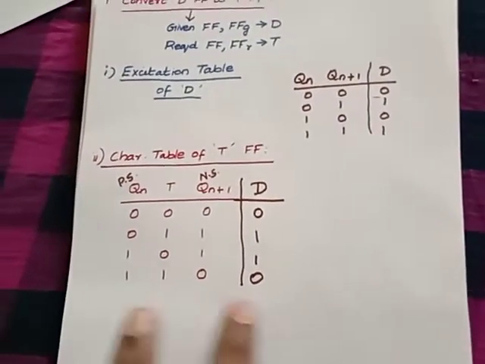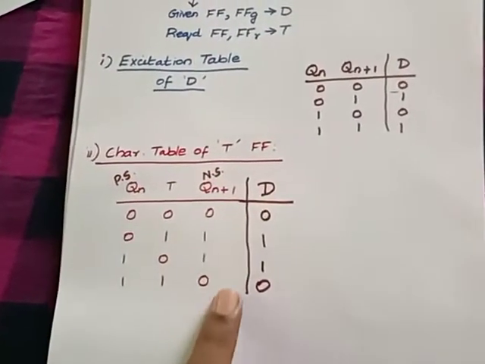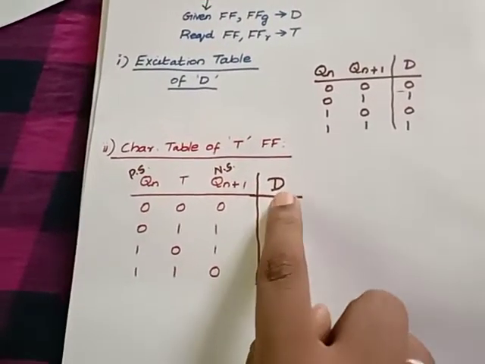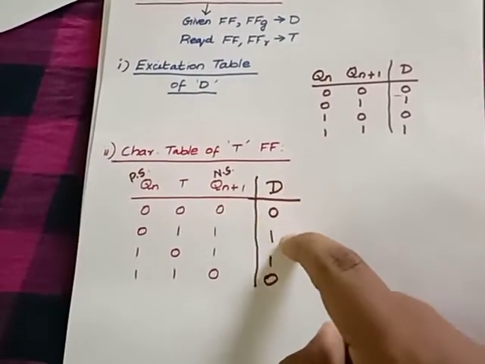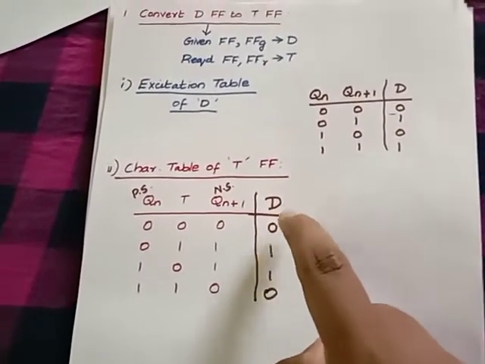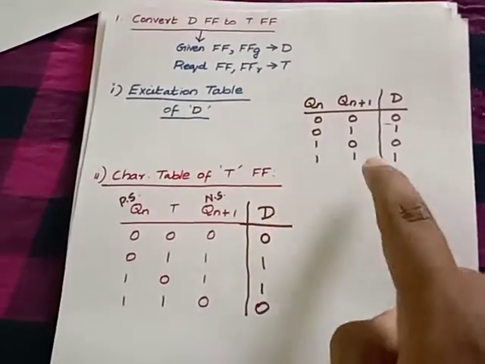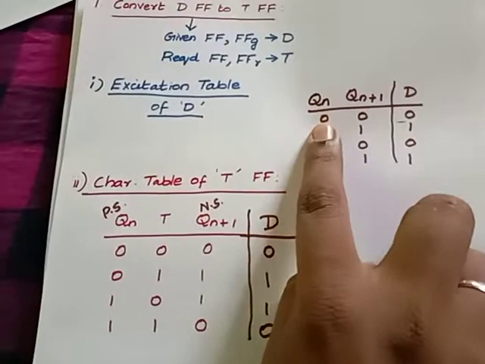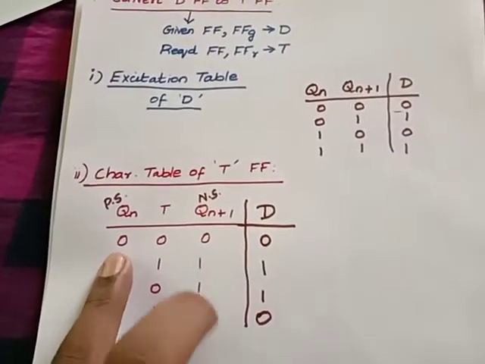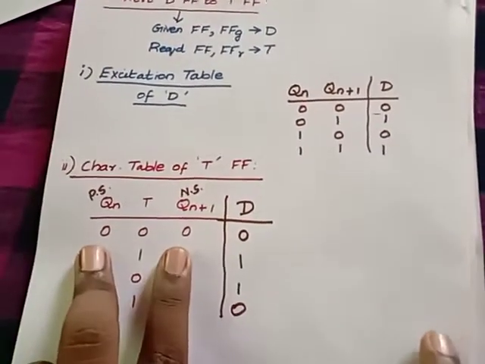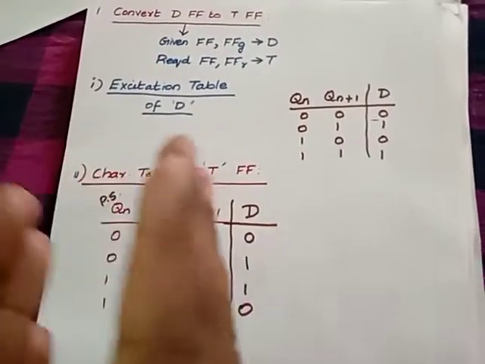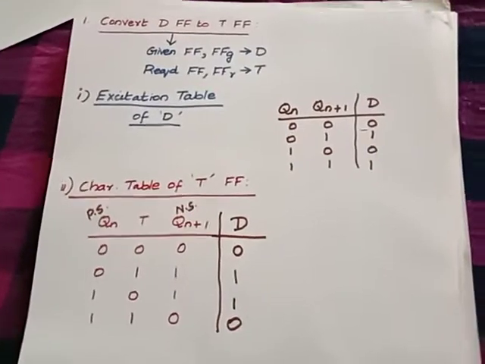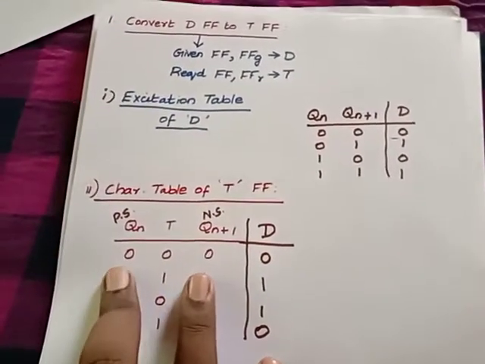I again repeat, this portion is your characteristic table of your T flip flop. Now I am going to add your D input along with this and I have to fill this column by using D's excitation table. We have the excitation table already. For the excitation table the initial columns are present state and next state. So look at this present state and next state alone. It is up to you. You can either bring this column to one side and write it. What I want to do is, in order to avoid confusion, I am keeping it as such and just placing your fingers like this. It is very easy, right?